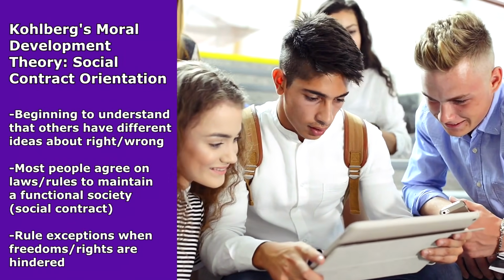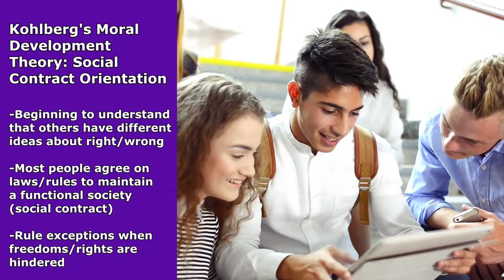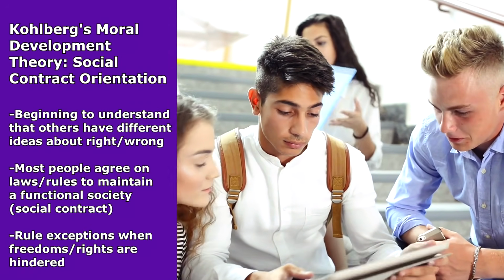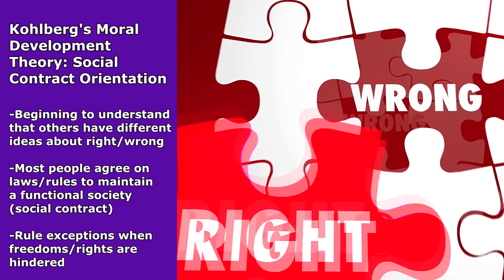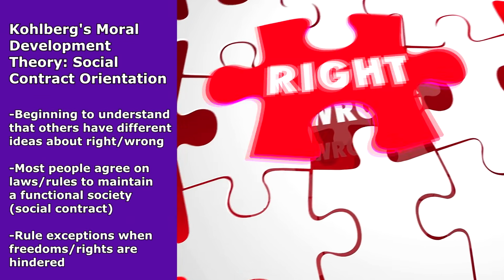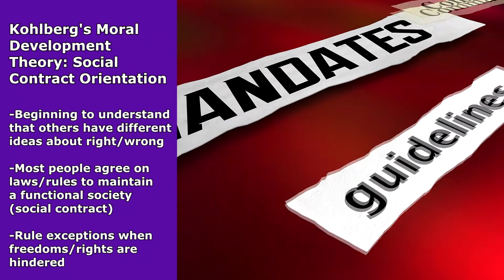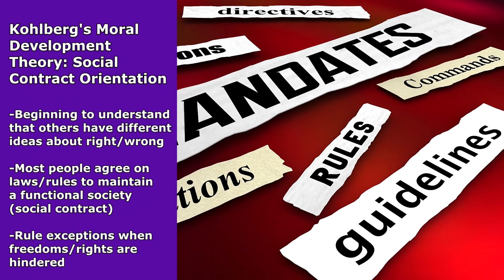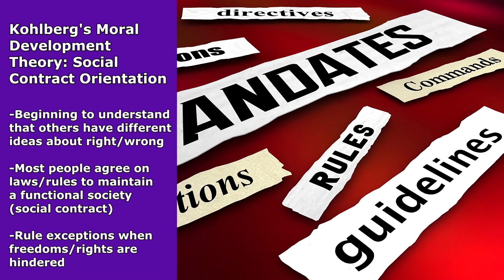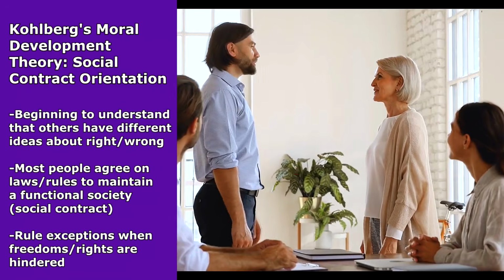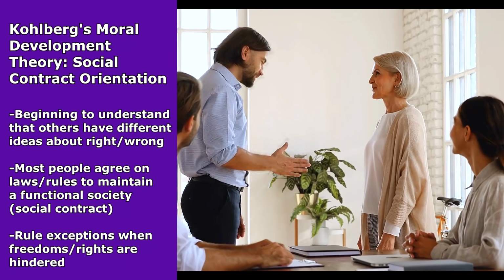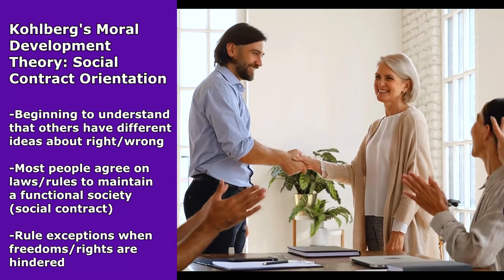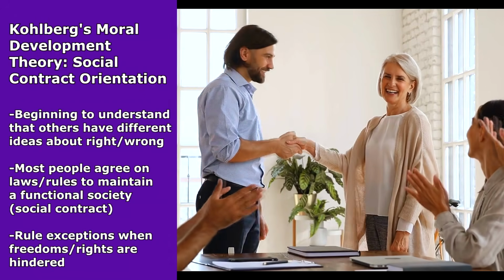And the adolescent is in the social contract orientation period. So we know that the teen knows that others have different ideas on what is right or wrong. Hence, everyone has their own moral values. So the teen, yes, understands that we have laws and rules that majority of people agree on, although some groups of people will disagree on them. But everyone will try to work together, hence reciprocate, or have like a social contract to follow these rules and laws so society can exist and function.